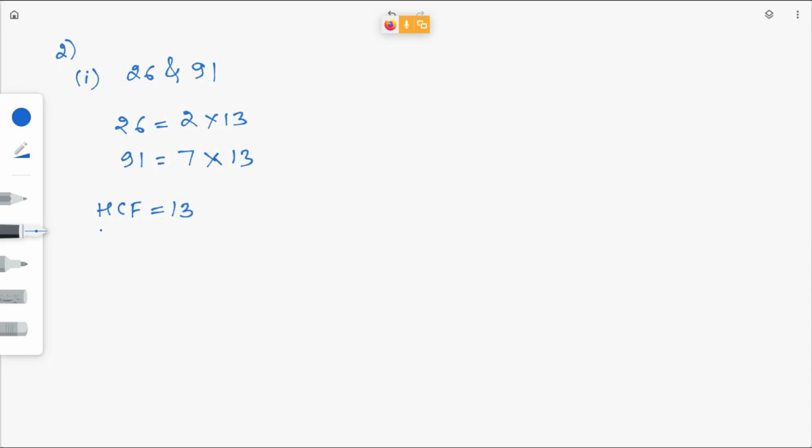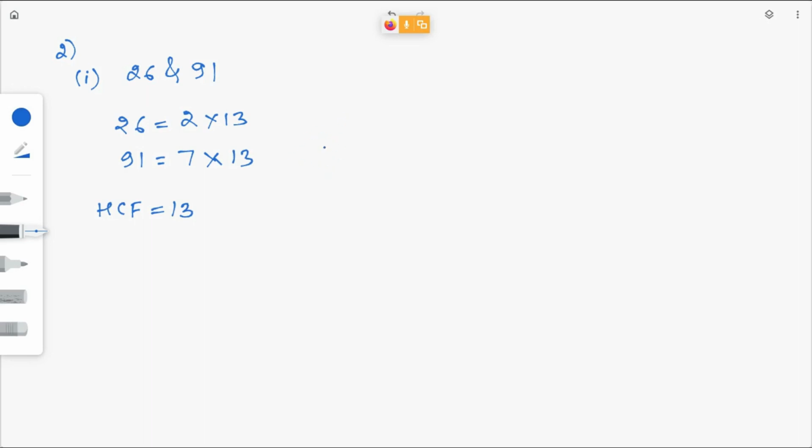Excuse me, sir. So the prime factorization, we must do in the main paper or rough? No, main paper. Don't do it in rough. You need to write the factors here itself. Okay, sir. So which one are you asking? This long factorization? Yes, sir. Okay, that's fine. If you solve it here, not an issue. Just this multiplication and division you can do in the rough. Other than that, better keep everything in the answer sheet. Actually, factorization is not rough work, so solve it here only.